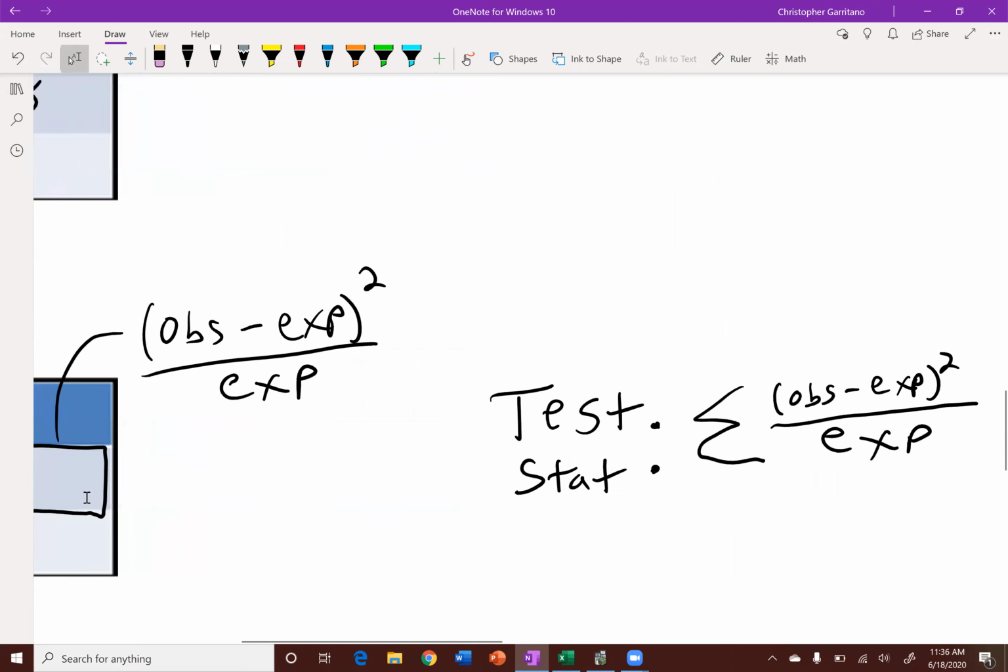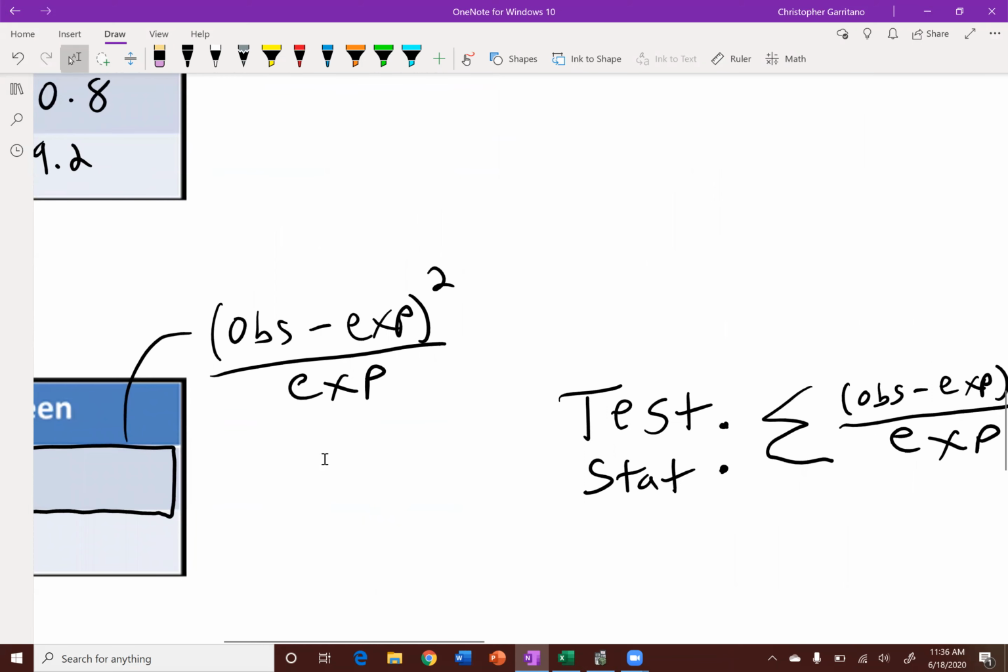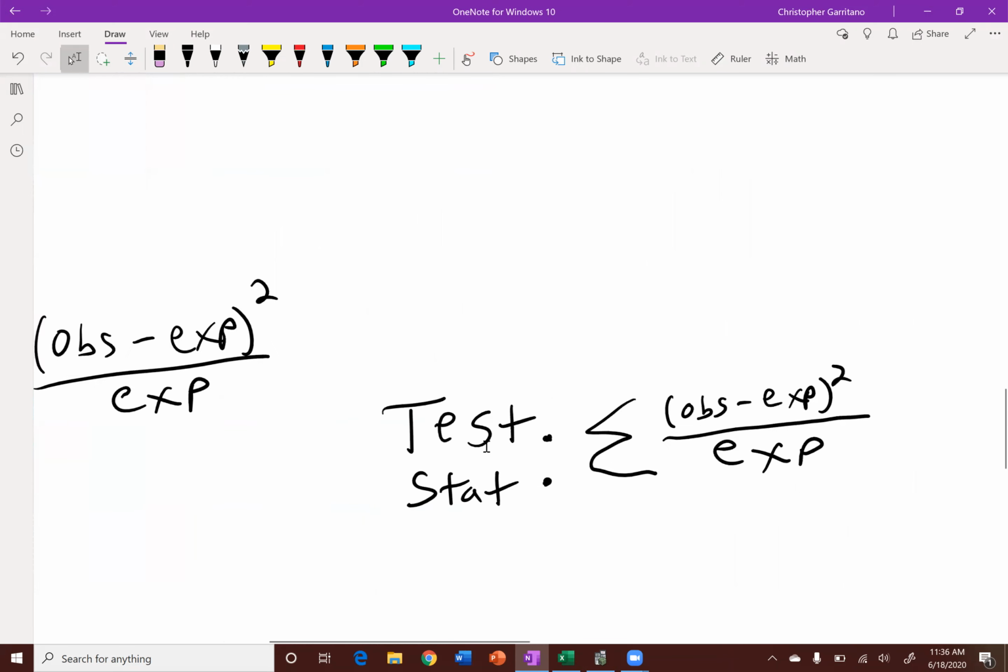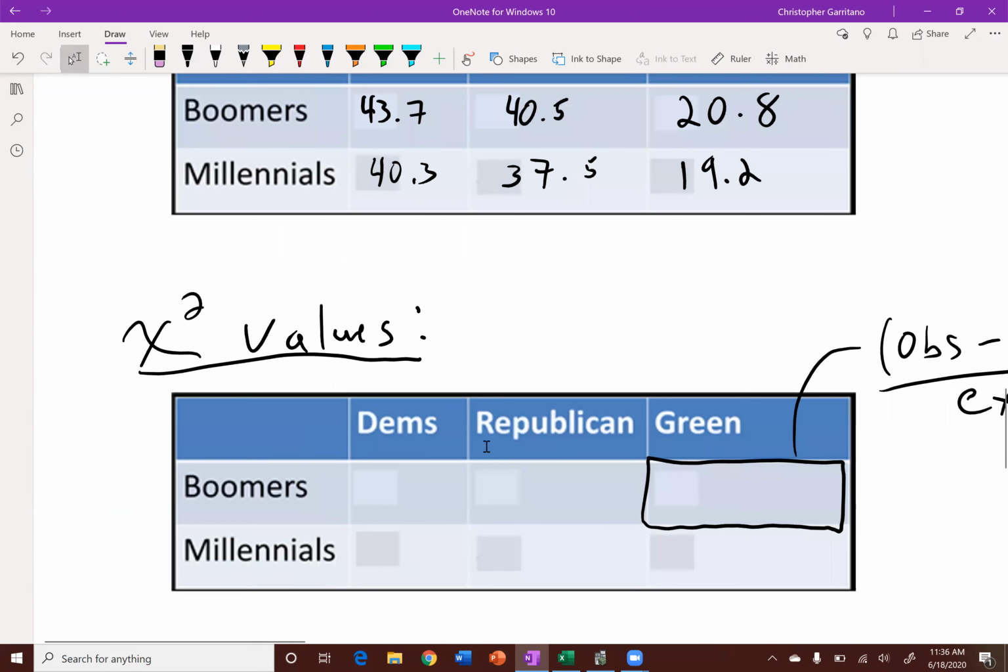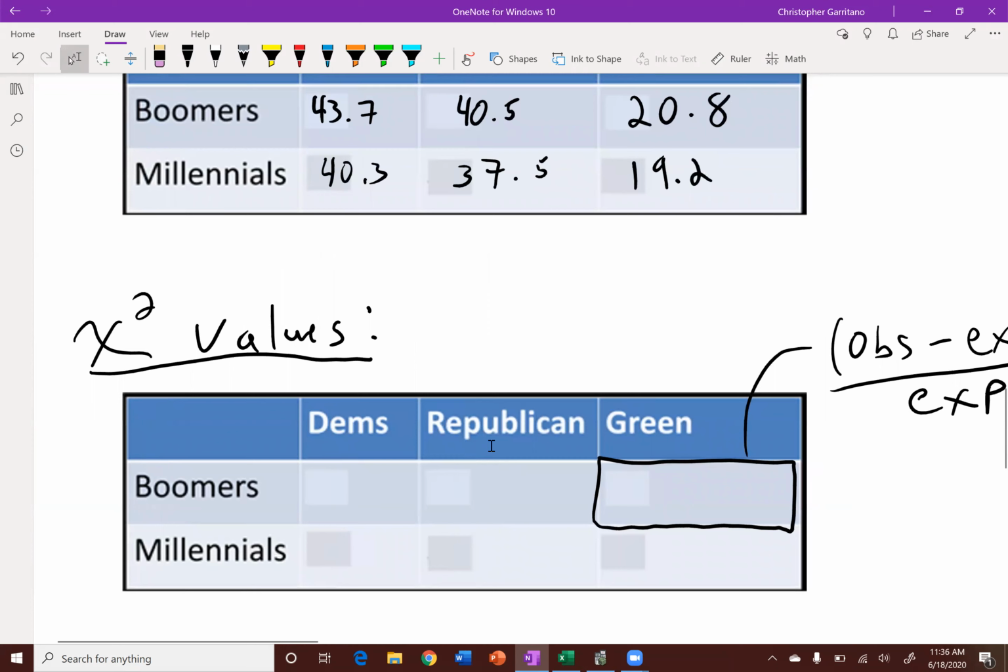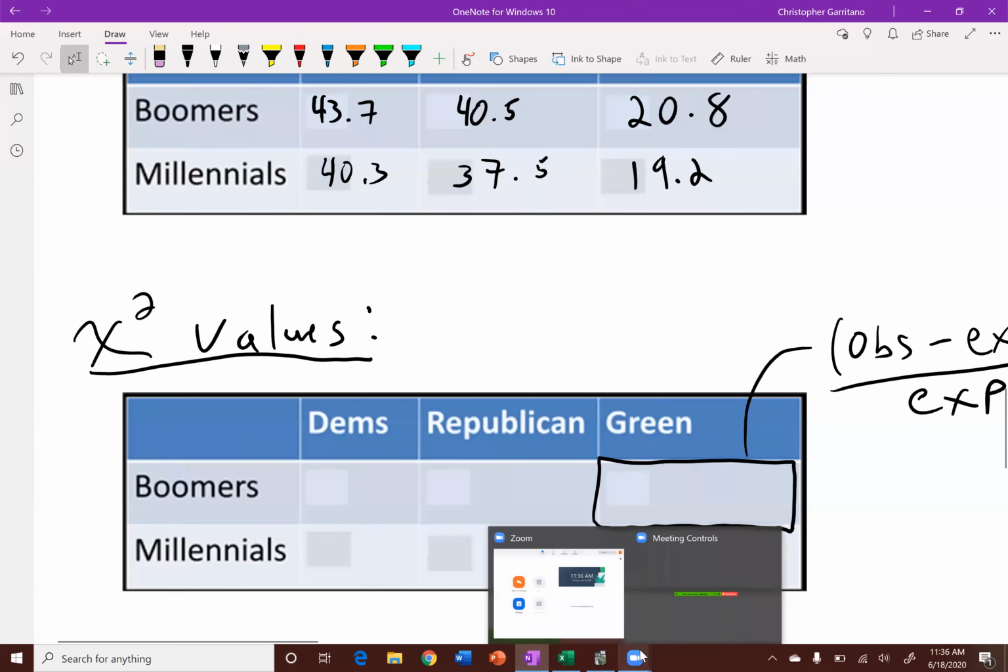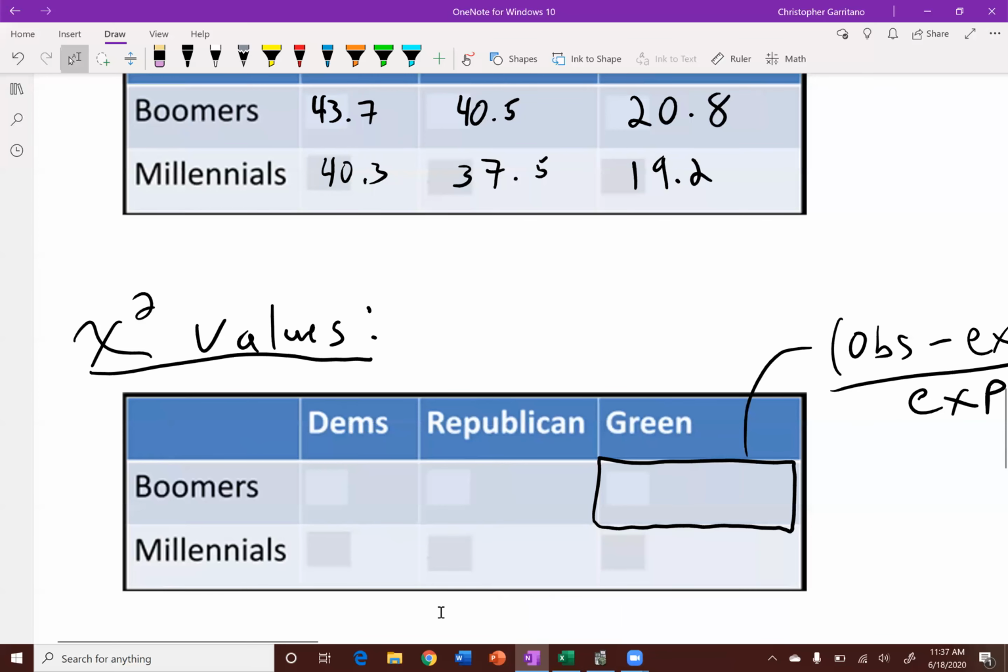Now, of course, once we take all of our chi-squared values, we're going to sum them together to get our test statistic. So let me take a moment and do that. I forgot how to pause. There we go. So I just want to show you that what I decided to do was to use an